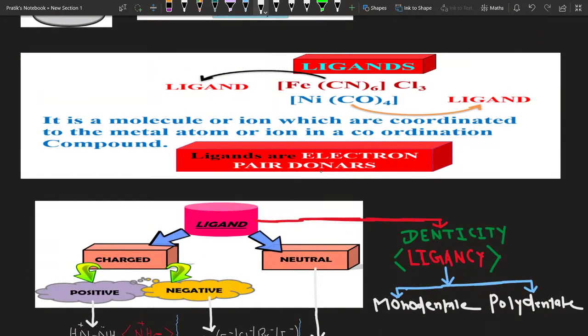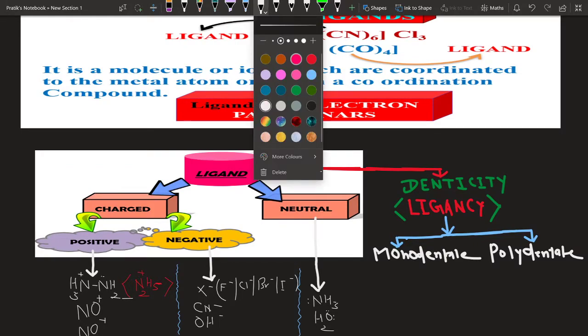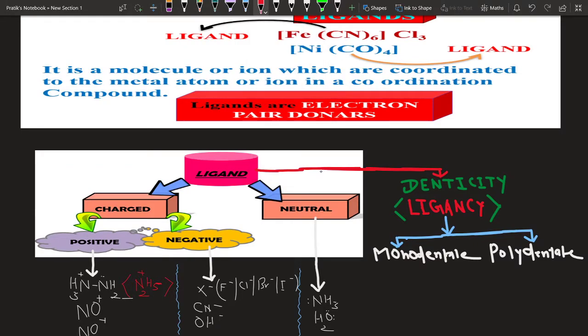See, if you check this, the bond which is present between Fe, here there is Fe, it's Fe3+, and there is what? CN minus. CN minus consists of what? A lone pair of electrons. So CN minus donates its lone pair to Fe3+ and forms a coordinate bond. So this substance CN minus is an electron-rich species and it gives an electron pair to Fe3+.